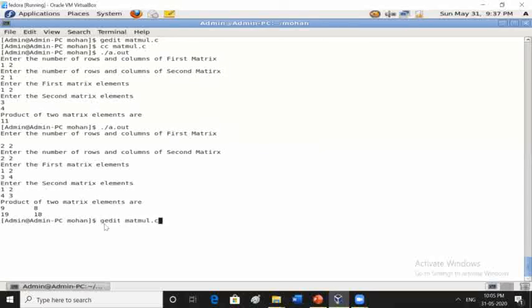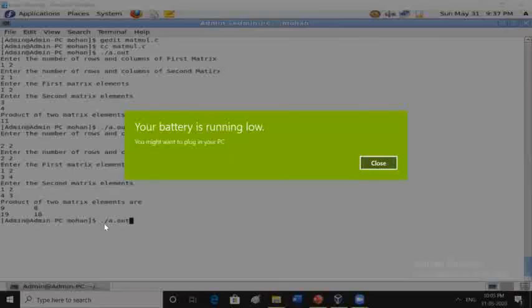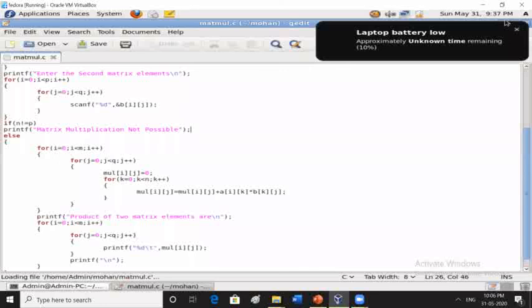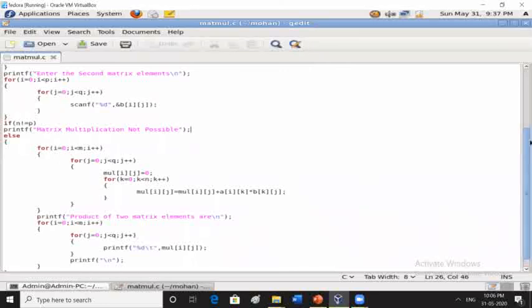Remember one thing, while printing, be careful. That is matrix multiplication, the product of the two matrices. Here, for i is equal to 0, i less than m.